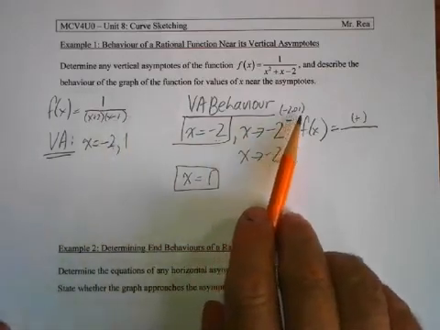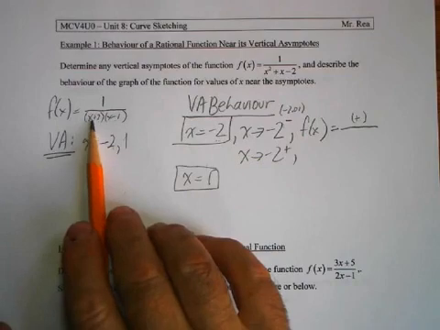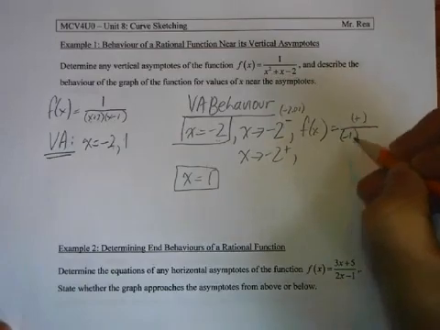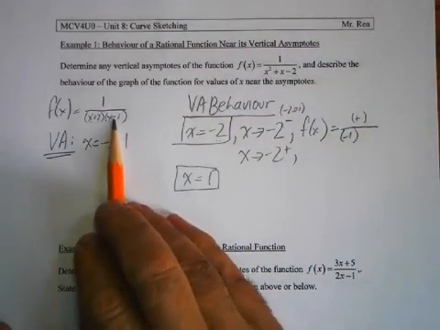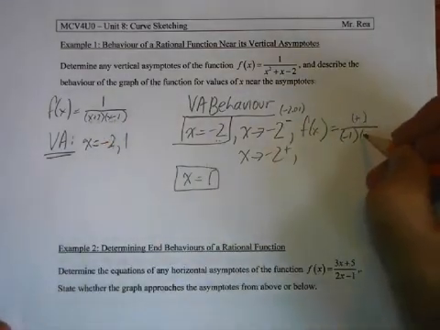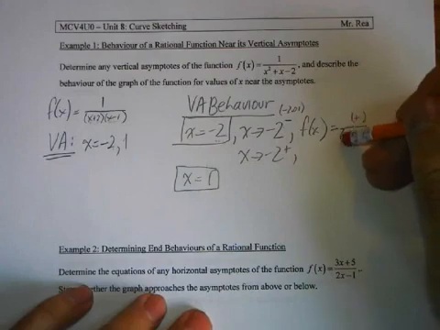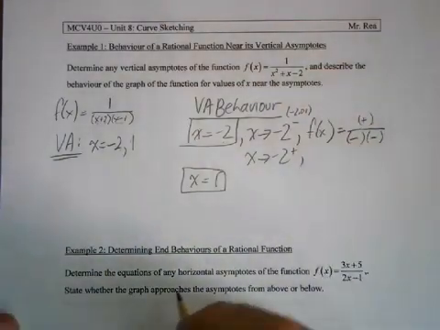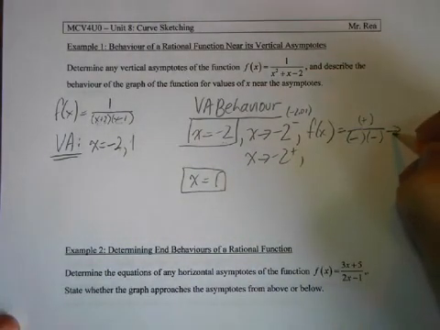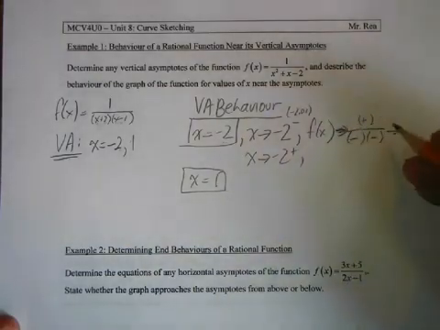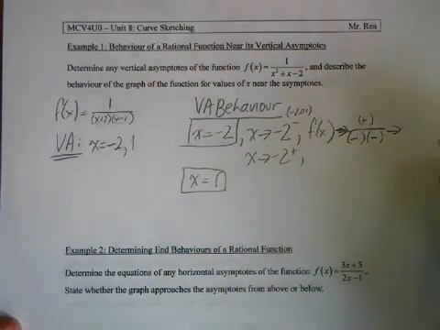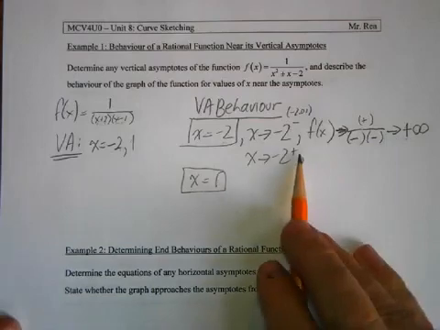If I plug in -2.01, well, this one's the critical one because -2.01 added to 2 would be a very small negative value. And here, -2.01 minus 1 is going to be a large negative value. You're just looking for the signs of each. It doesn't really matter the value. So we have 2 negatives on the bottom, and that is going to approach a positive over a positive. And the only 2 options where this can go are positive infinity or negative infinity. So if you get a positive result, that means f of x is approaching positive infinity as x approaches -2